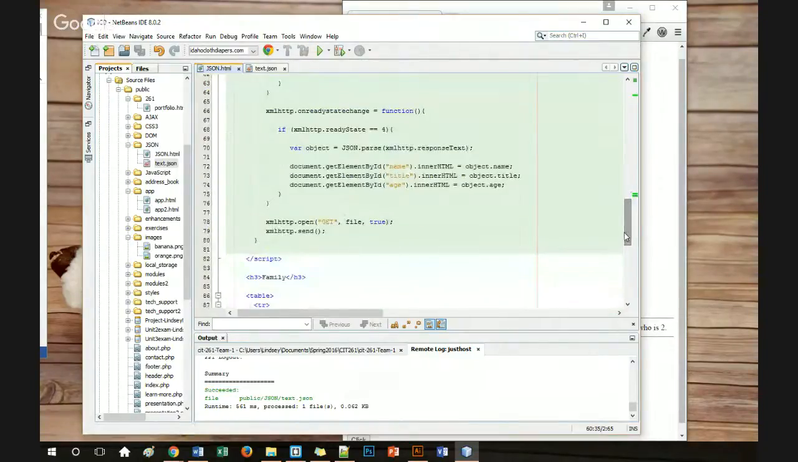And then, so first it's making a new HTTP request. That's what that variable at the top was doing. And then from here, it's going to update the page. So it's creating this object, so another JSON object, and then it's going to use the JSON.parse